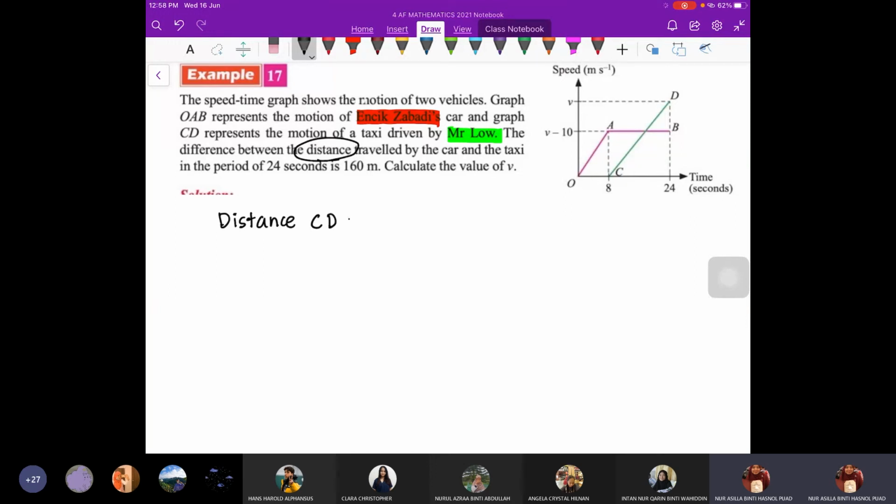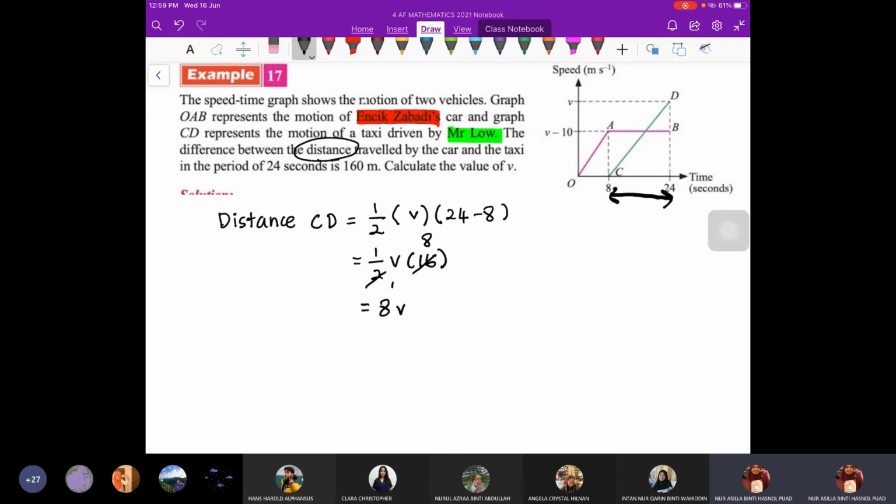CD. Area under the graph. CD warna hijau. Area under the graph. So 1/2 times. Tinggi dia adalah V. Dia punya jarak bawah dia adalah 24 minus 8, which is 1/2 V, 24 minus 8 which is 16. Simplify jadi 8V. Okay. Kemudian distance